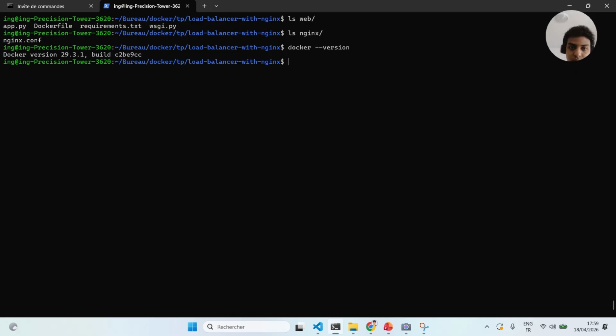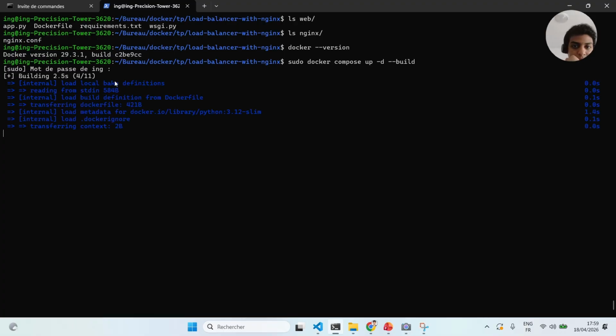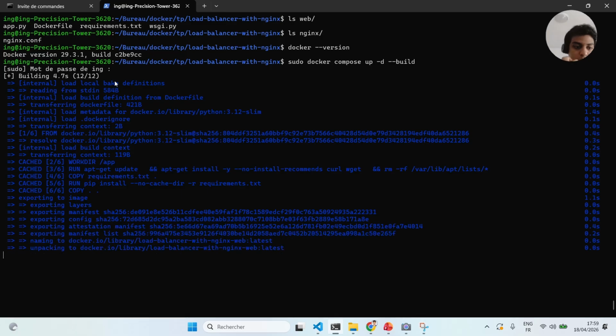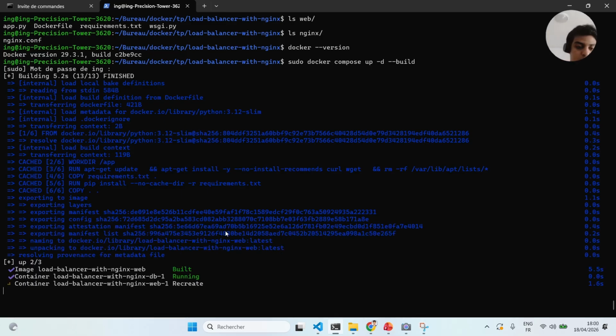So I need sudo docker compose -f compose app up -d --build, and I will start this service, and I will check if everything is going right thanks to a health check.